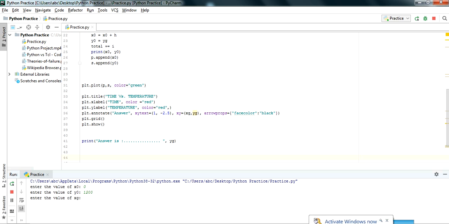Then enter the value of xg, the time after which you want to see the temperature, that is 480. Then enter the value of step size, which is a very important part, that is 240, and enter.